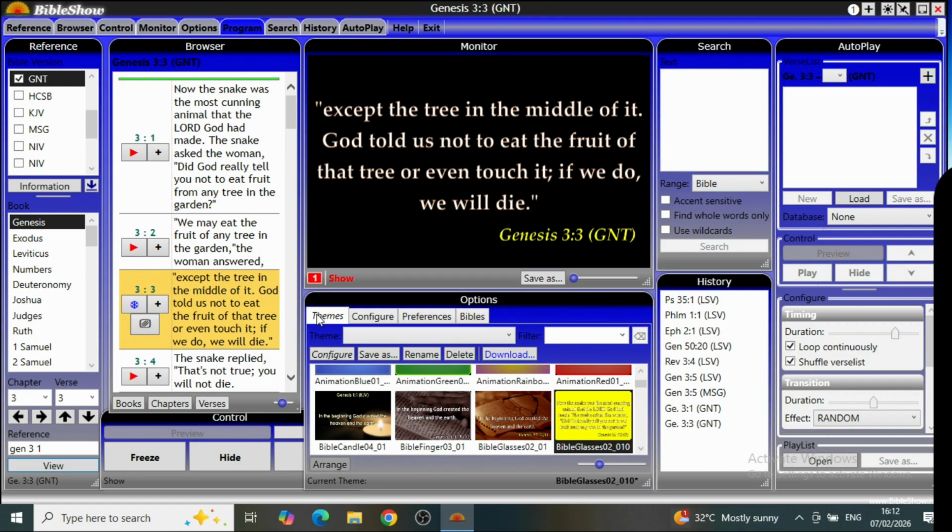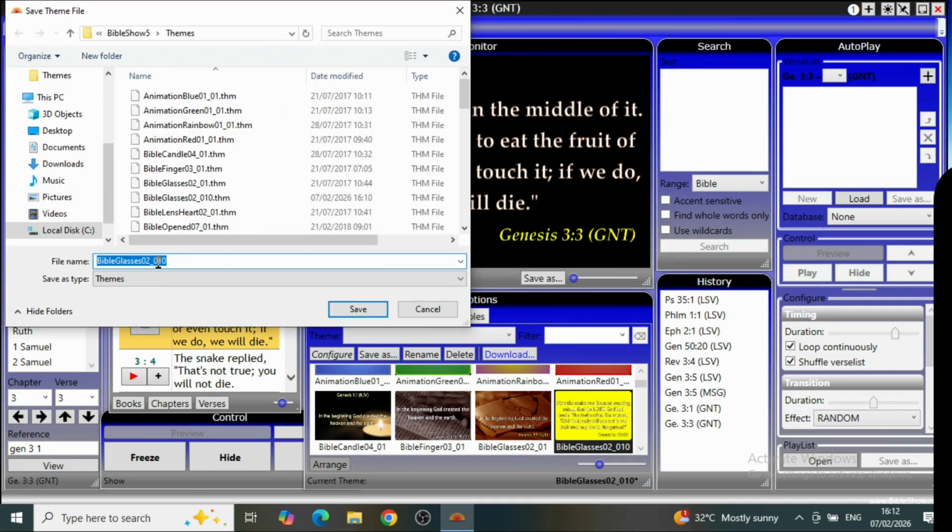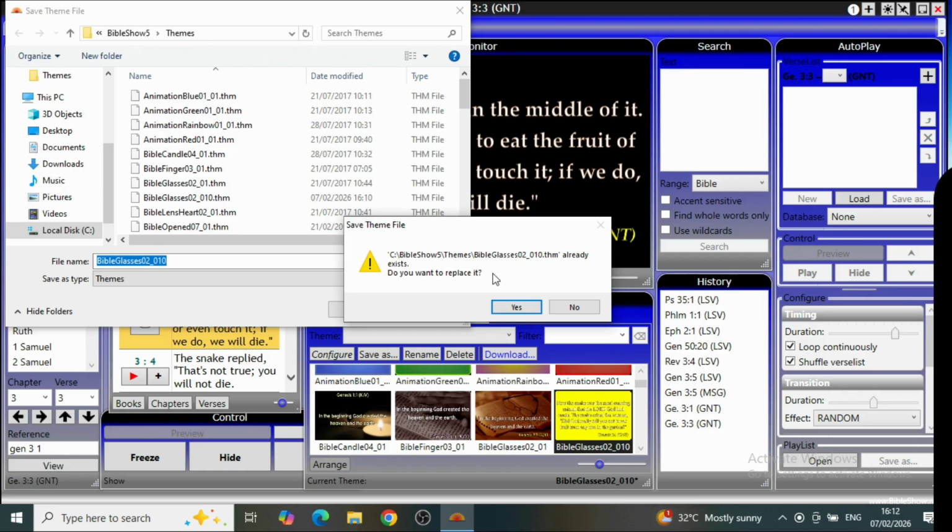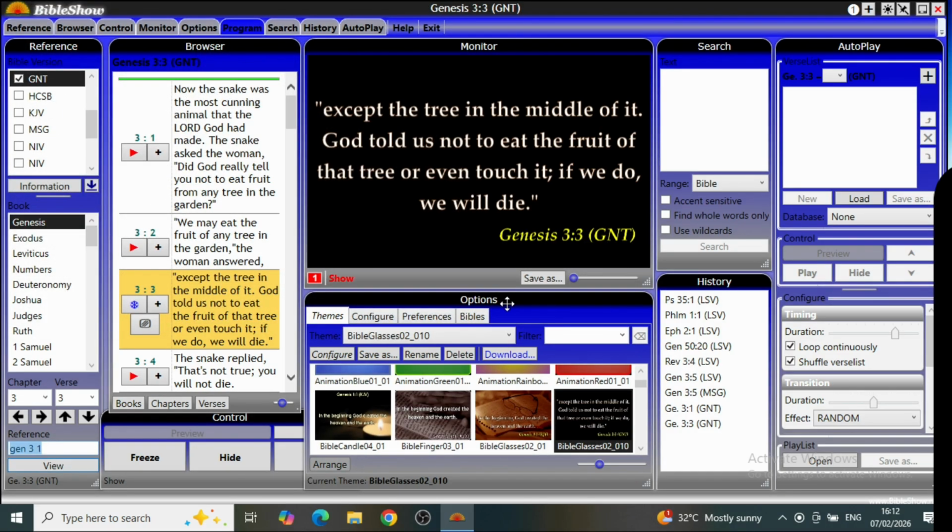I'll come to themes, and I'll come to save as, then I'll save it. So I'm just using the name I used to save the other one. So I'll click on save, and I'll just press OK. Then there's it. I've changed the color. Okay, so we are doing the same thing again, but we are changing